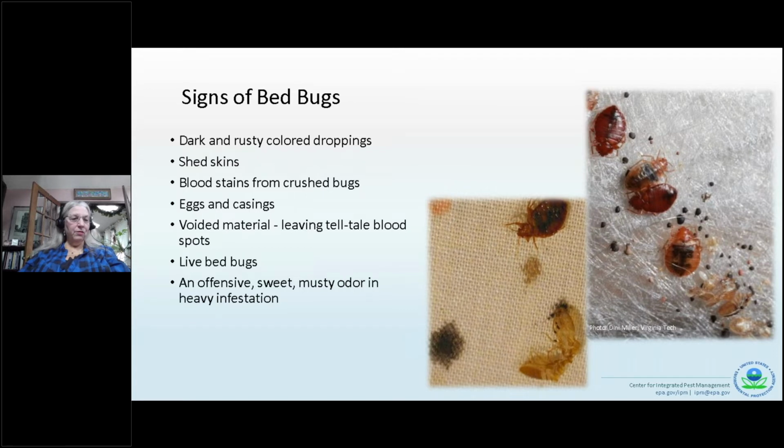Here's what else to look for: dark and rusty colored droppings. That's the voided material leaving the blood stains, and blood stains from crushed bugs. You've got eggs and eggshells, although very small, will be found among droppings or in crevices where adults hide. And then there's the shed skins. Other common pests, such as scabies, fleas, or mites, will not produce the same telltale signs of the bed bugs